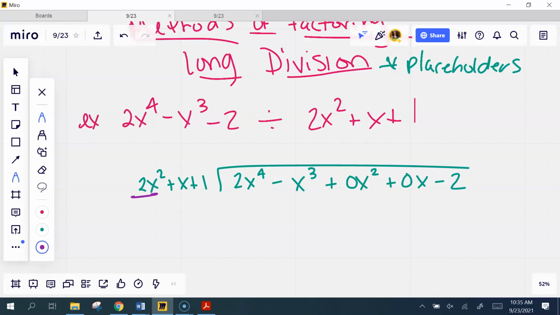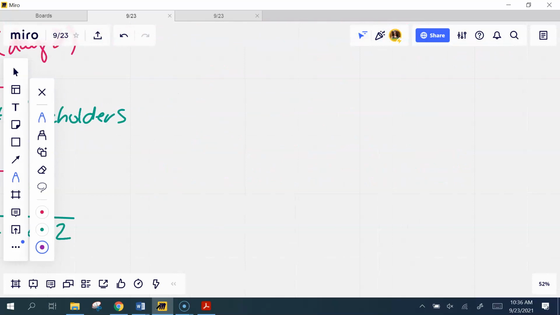First step. What do I multiply the first term of the outside by to get the first term of the inside? X squared. Go to where these squareds are, and write it above there. You want to keep your problem nice and neat, so you want all your same powers lined up as you go through. It'll just help you keep your answer straight as you go. Now what do we do? Multiply this through all the way around. Okay, so x squared times 2x squared is